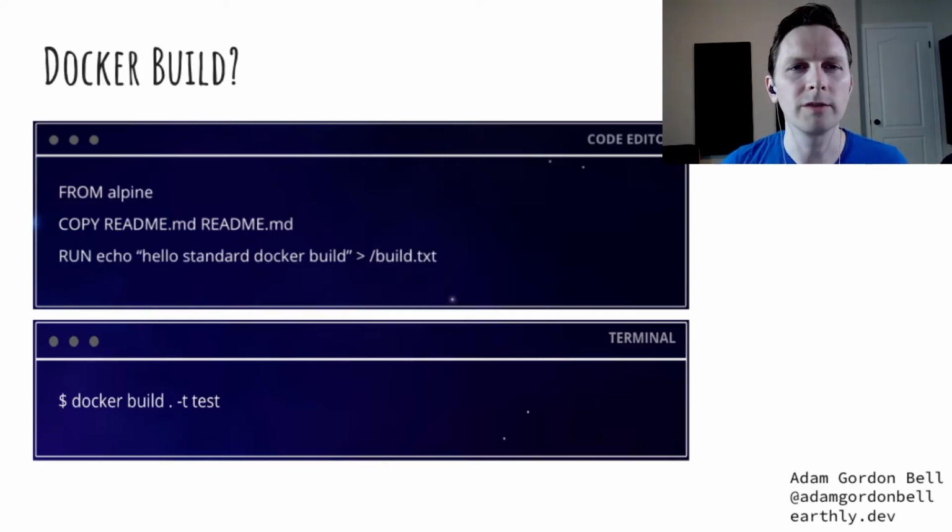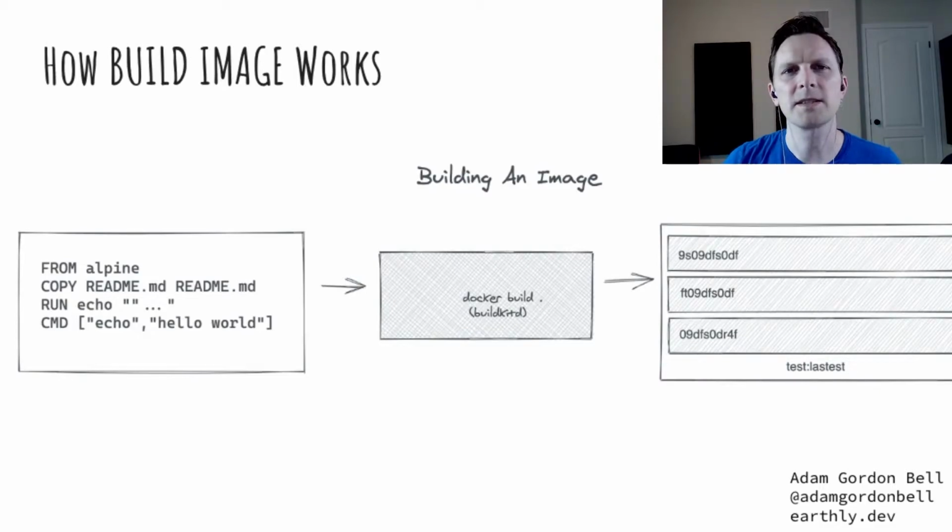So the Dockerfile equivalent looks like this. We have a Dockerfile on top, we build it using Docker build, and we produce an image. And the process is similar to how we made our hello world. The Dockerfile is passed to something called BuildKit, which is inside of the Docker build command, along with our build context, which is a dot in this case. Generally, each statement is turned into a layer as part of this build step, and those layers are packaged up into an image. One thing that's different from a traditional compiler is that with a compiler, you're just taking in source code, but with Docker builds, you're actually taking in a file system context. So in this case, we're passing in our present working directory,